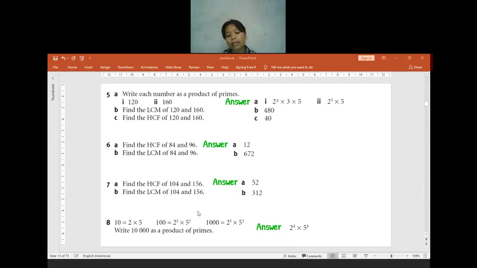Or the other way, which is easier: you can see that 10 is only 1 zero, so all the numbers will have the power of 1. Usually the power of 1 does not have to be written, so it will be just written as 2 times 5. For 10 to the power of 2, there are 2 zeros, and then each number will be to the power of 2. When it is 1000, 3 zeros, each number will be to the power of 3. So for 10,000, there are 4 zeros, which means each number will be to the power of 4.